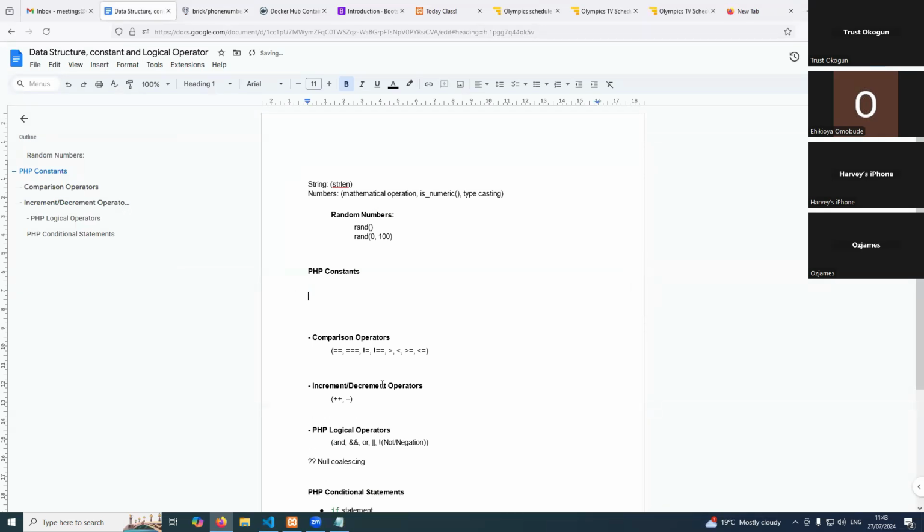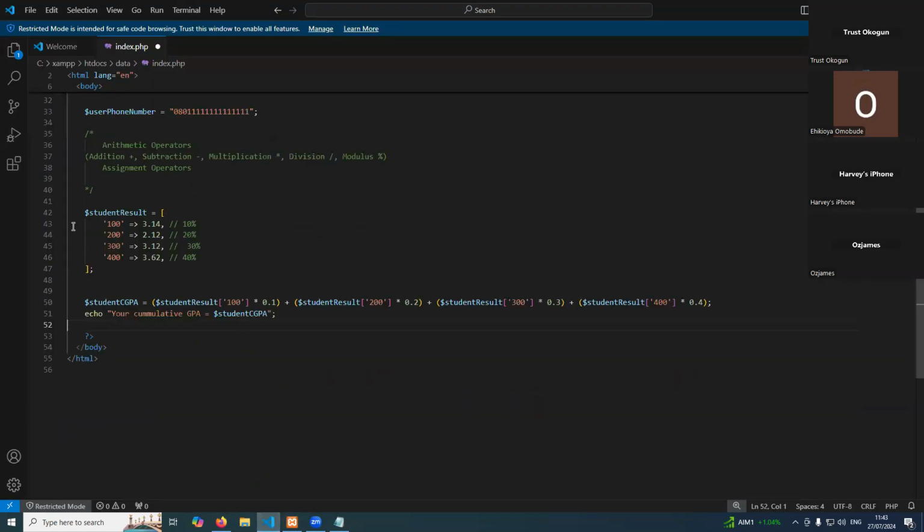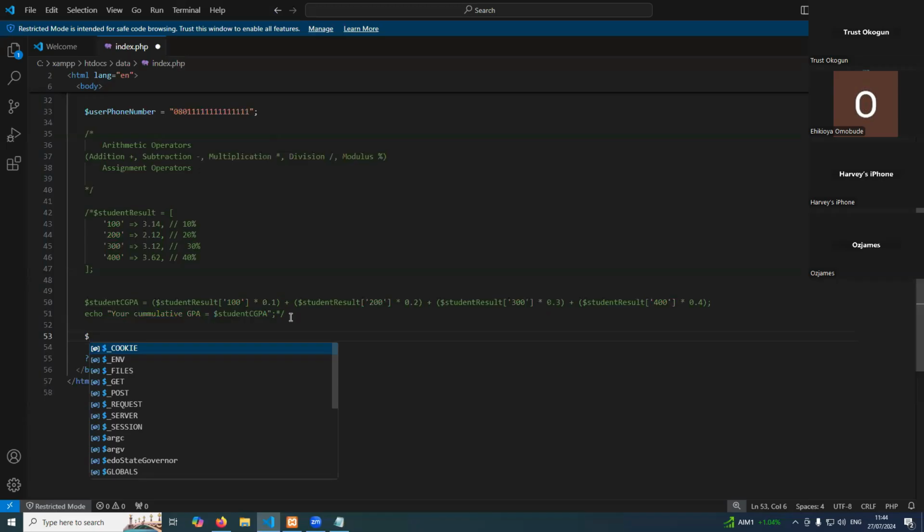Now because we're still in numbers, sometimes you want to send a verification code. Let me comment this out. As we're doing this, I'll be commenting them out. I'm using multi-line comments. Now let's say you're doing software that sends a random number as a verification code. How can you get that? PHP already has a built-in random number generator for us. You can just say random number